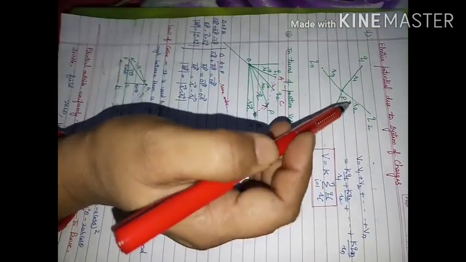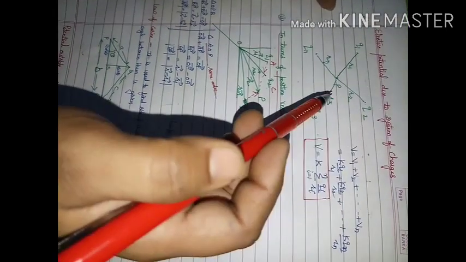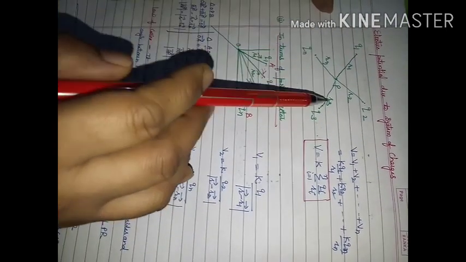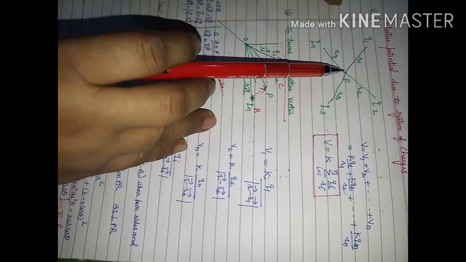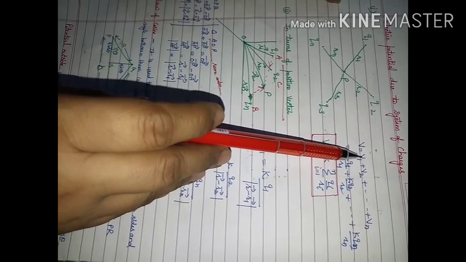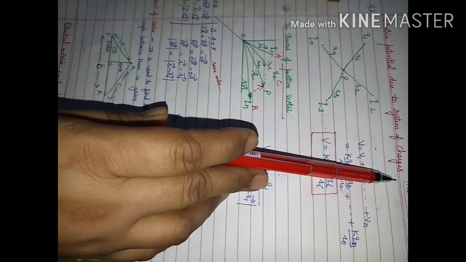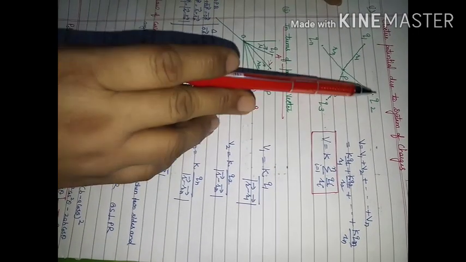If we consider electric potential due to a system of charges, meaning not two charges are given to us but so many charges, and the distance of each charge from the point of observation is given to us, then what is the net potential? Here we can apply the superposition principle. We have to consider the sum of all the potentials.